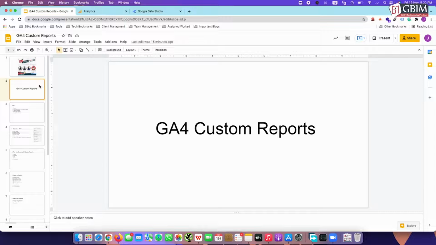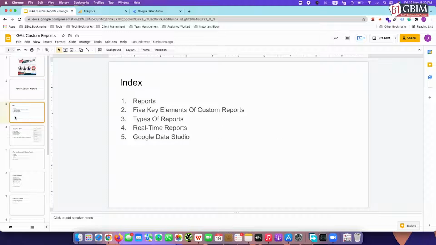And if someone wants an in-depth representation of their analytics data, they can use these custom reports. So the pointers that we are going to follow today are reports, 5 key elements of custom reports, types of reports, real-time reports, and then Google Data Studio, which will be taken by Abdul Khalid.